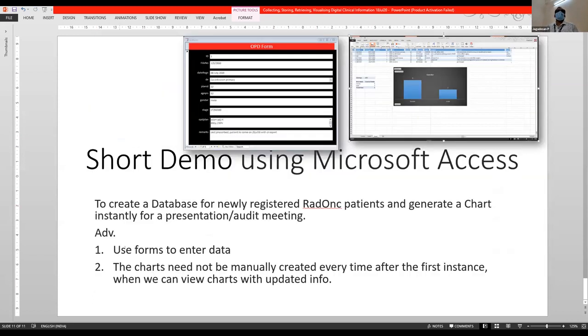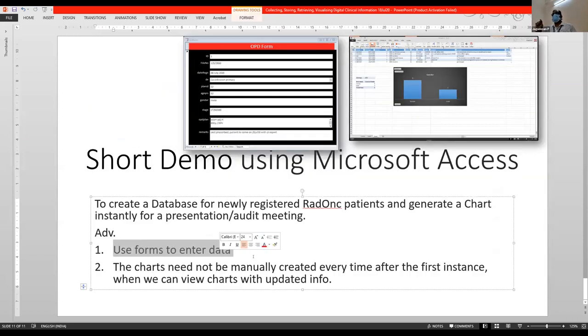One is, instead of entering information directly into small narrow text boxes, we are going to have a form to fill this. And the other one is, the charts need not be manually created every time. So once you create a basic outline of the charts you want, gender distribution, diagnosis distribution, and a count of all patients who have come that particular day. Even if you want, you can segregate patients based on the source, based on the residence area, or we can even create a map out of the patients that are coming from different pockets of the area.